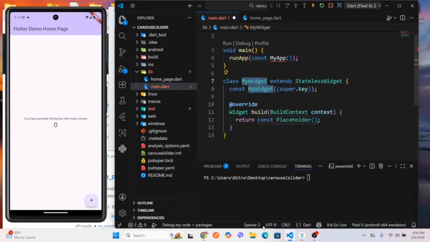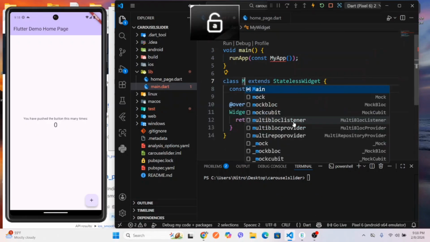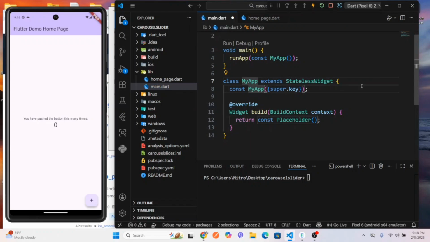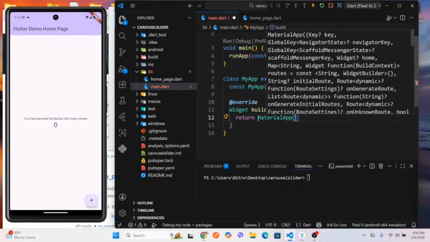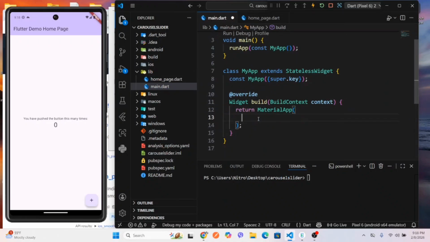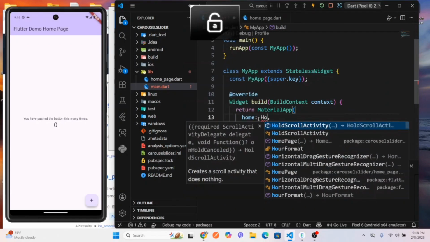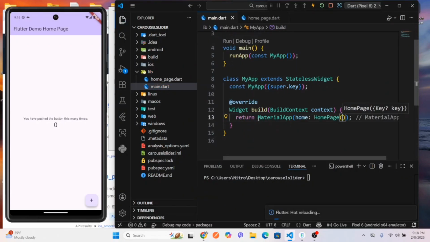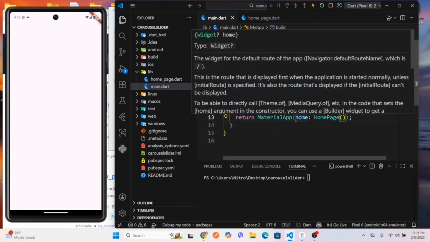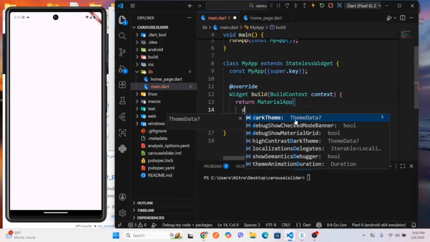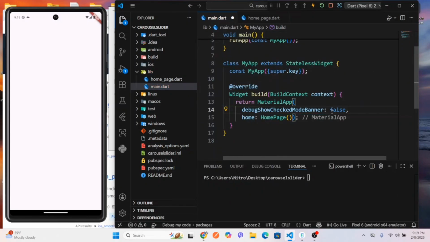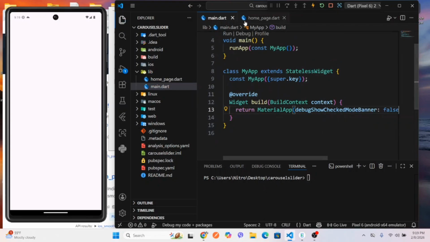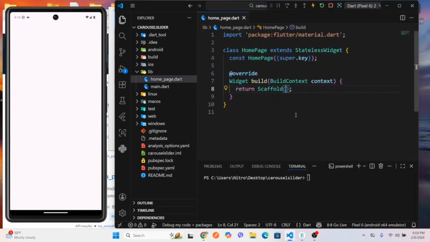Okay, and let's create a new stateless widget and let's set the class name to MyApp. Okay, now here let's return MaterialApp. Now give the home, that HomePage we have just created, and you will get this blank white screen. Now let's remove this banner also by making this debugShowCheckedModeBanner false inside the MaterialApp. Okay, now close this main.dart file and